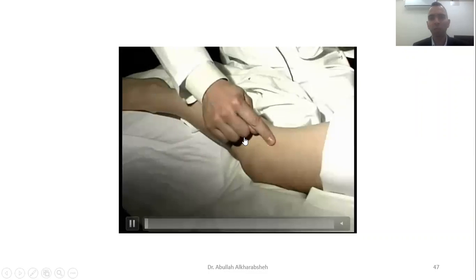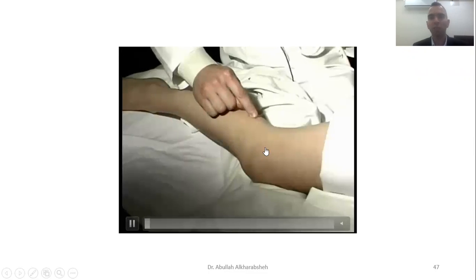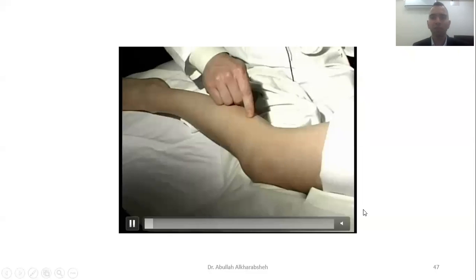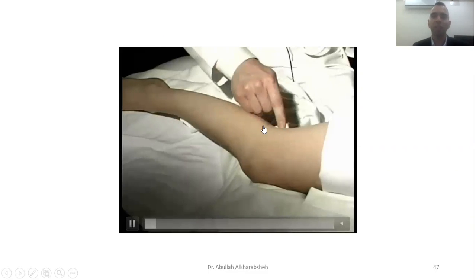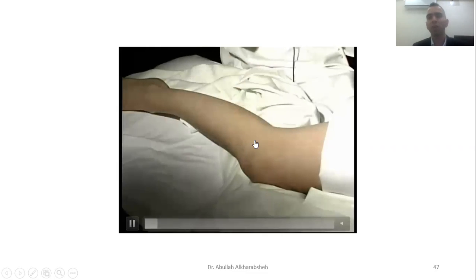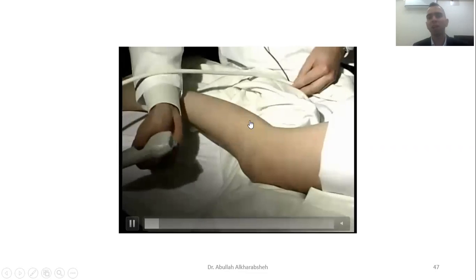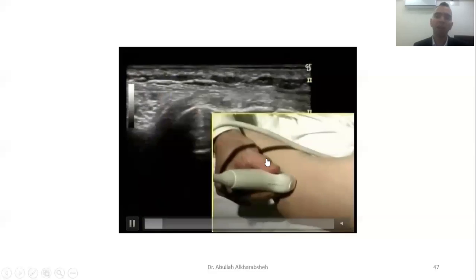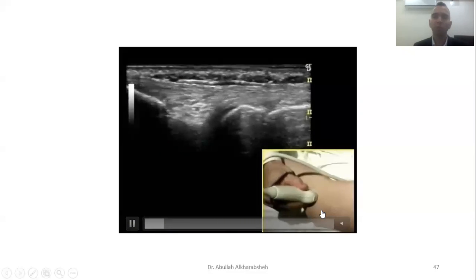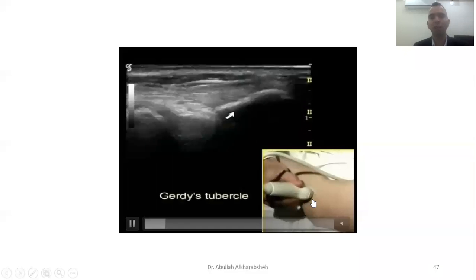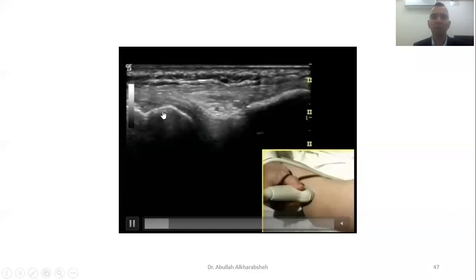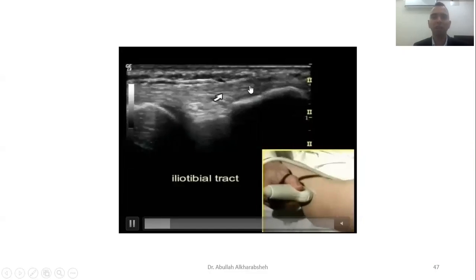Here, this is Gerdy's tubercle, and here we see the iliotibial band. So here I repeat just the anatomy which I said. We examine the lateral collateral ligament and the iliotibial band. Here I put the probe in a transverse view to show the lateral collateral ligament, and this is Gerdy's tubercle, and this is the femur here, and this is the iliotibial band,